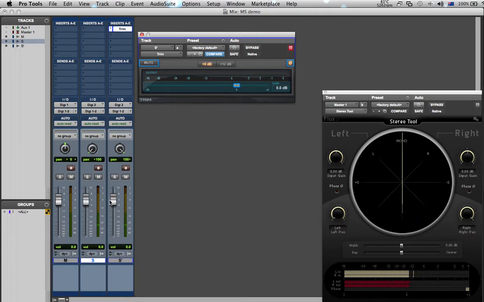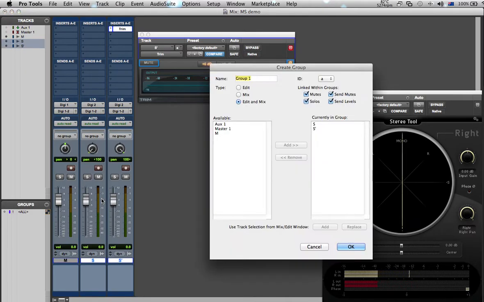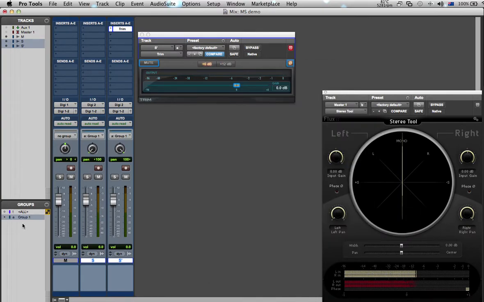Cherry on the cake, what does the plugin do? Again, behind your back, it will most likely gang the two side signals. I've just created a quick group here, because if the plugin offers stereo width manipulation, which is what that fader does here, effectively it's changing the proportion between the M signal and the side components, right? So if all the elements are played back at the original level, then you get the original stereo image,